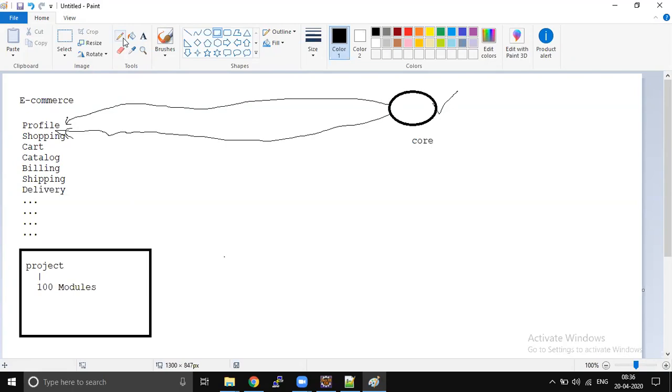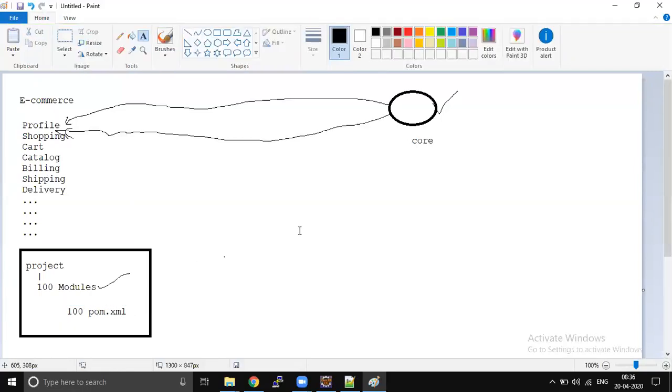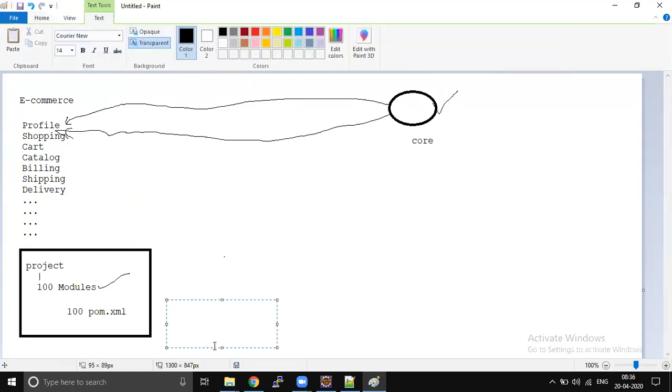So if you develop a project like this, with 100 modules, how many pom.xml files will we have? 100 pom.xml files. Now tell me, to add this dependency to every module, in how many files should I make the change?